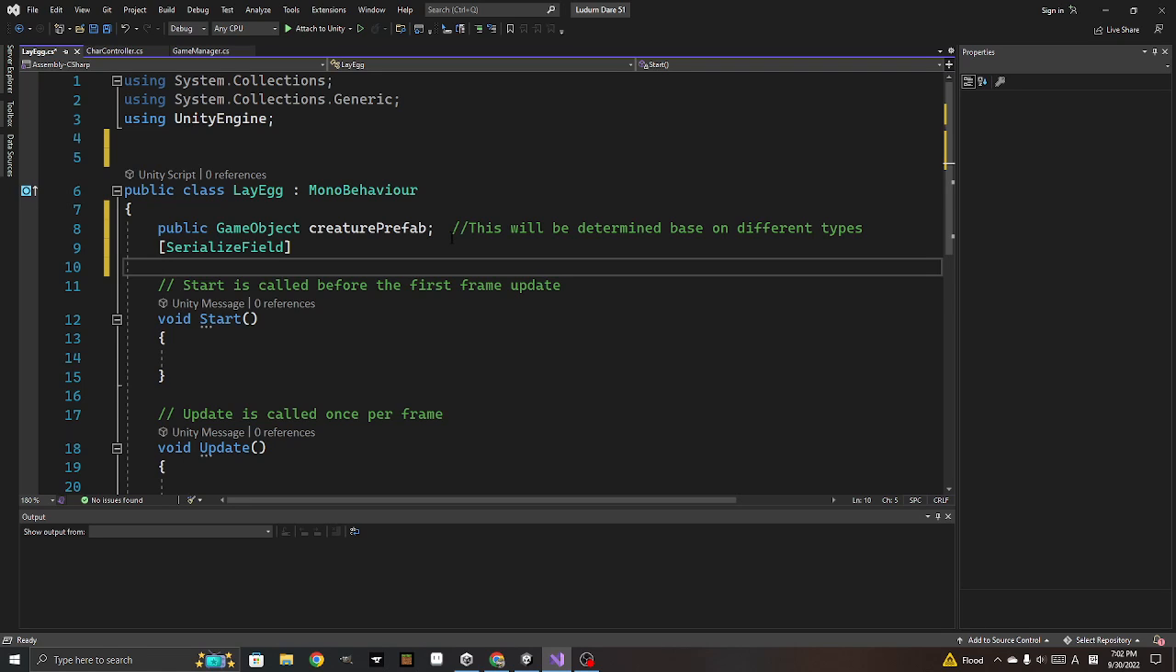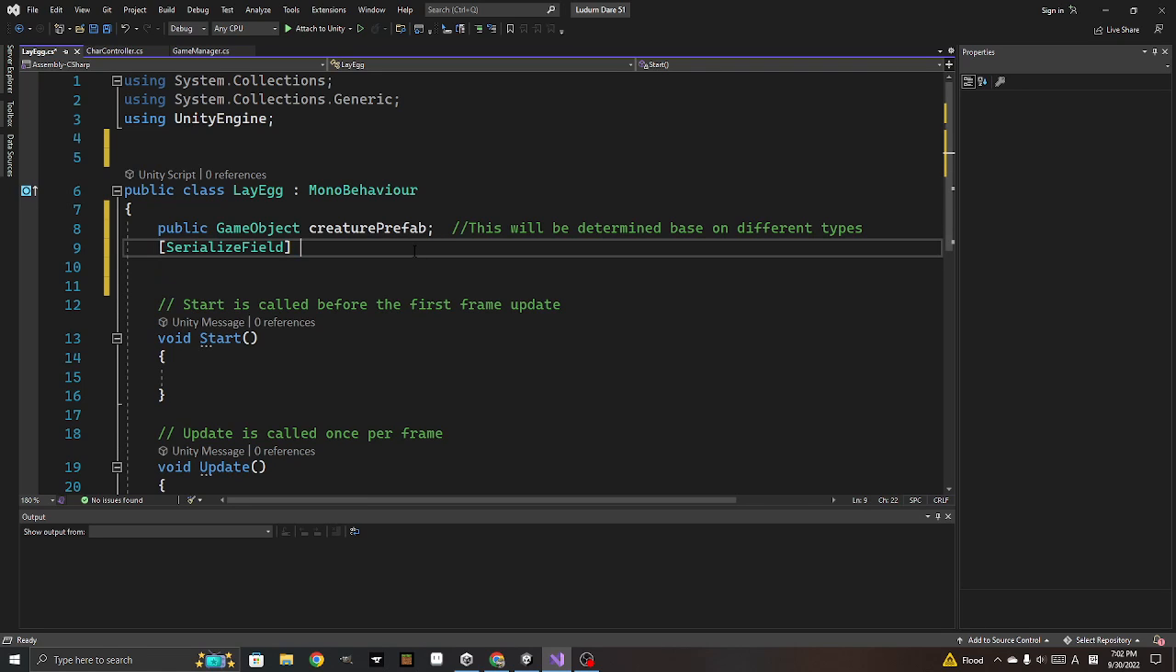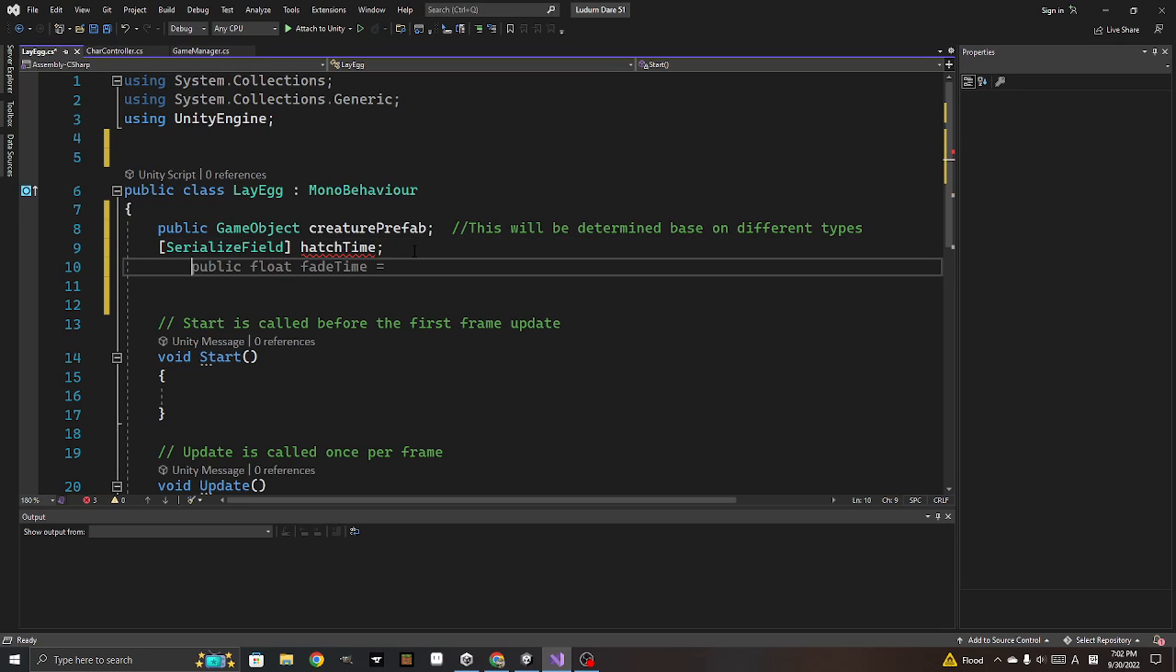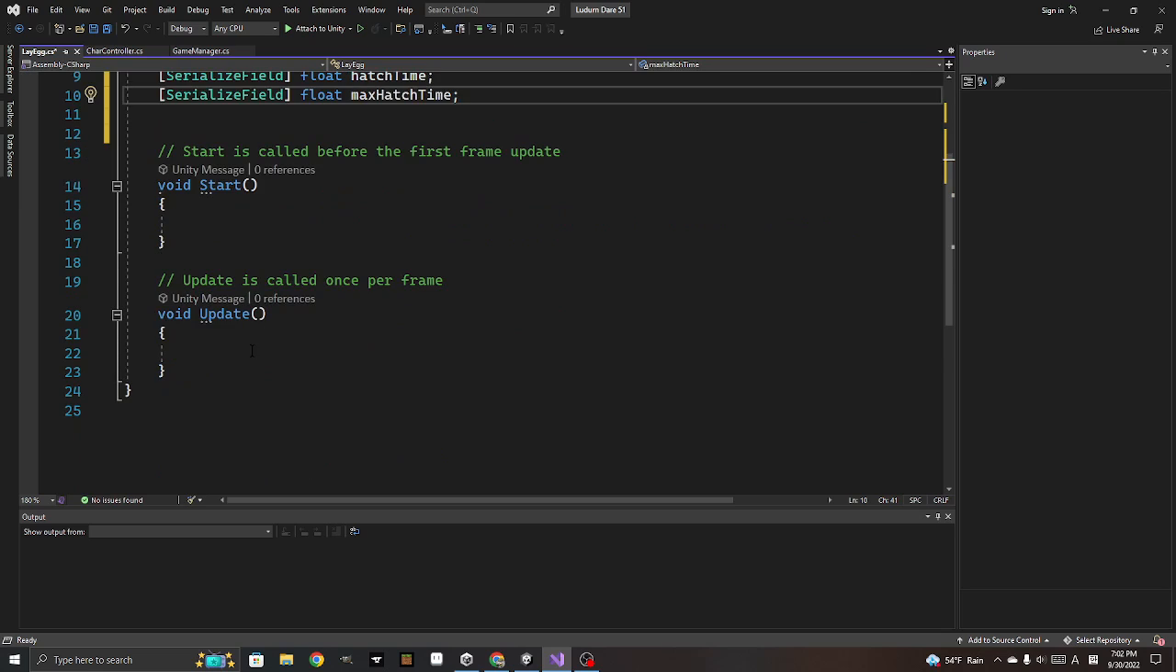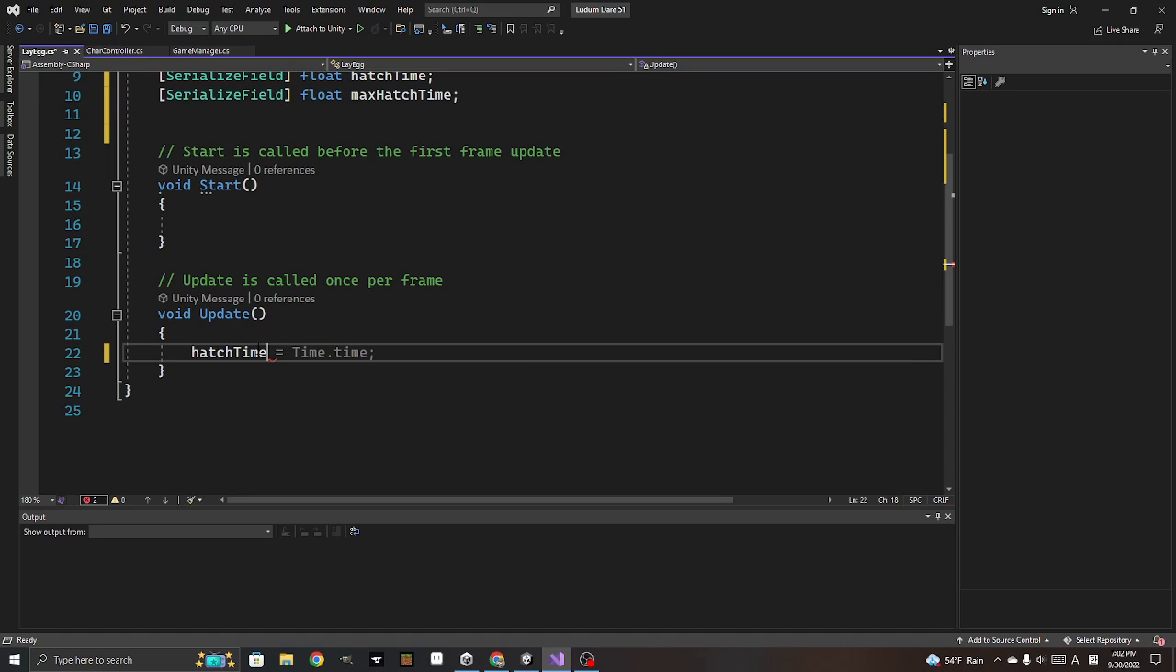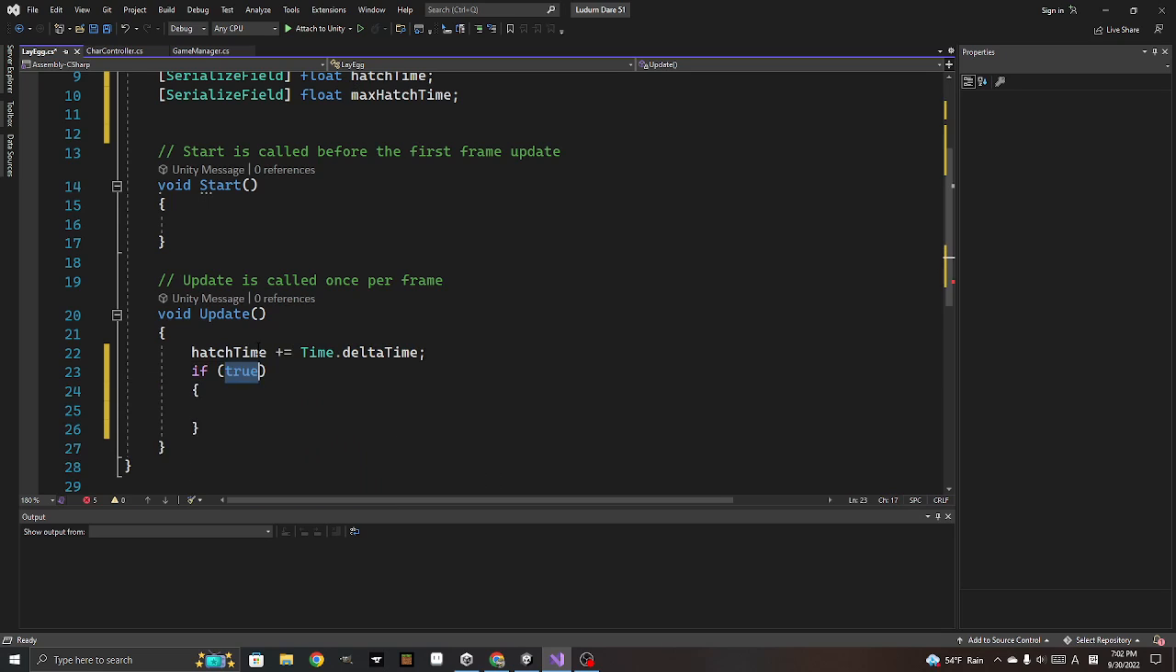Serialized field. We want a serialized field hatch time, and sorry, this needs to be float. And then we want a serialized field float max hatch time. All right, so if hatch time plus equals Time.deltaTime, and then we'll say if hatch time is greater than or equal to